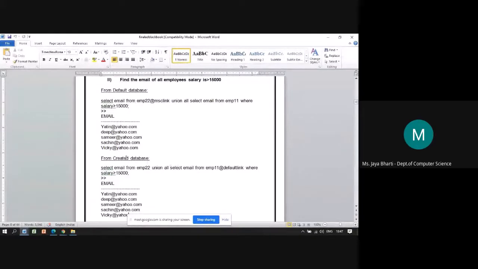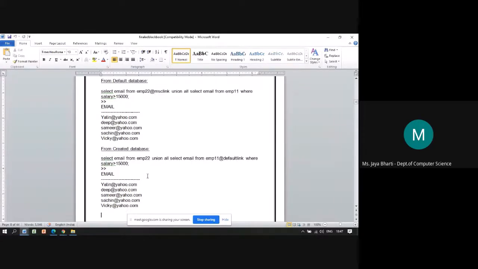Select email from EMP22 union all select email from EMP11@default link where salary is greater than 15,000. Fine. This is executed on the created database and you get the same output here.